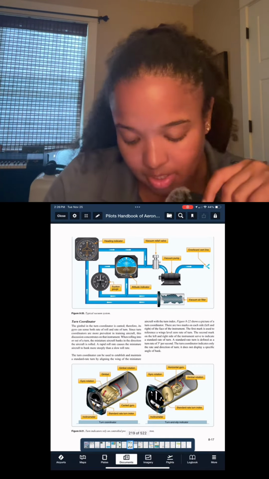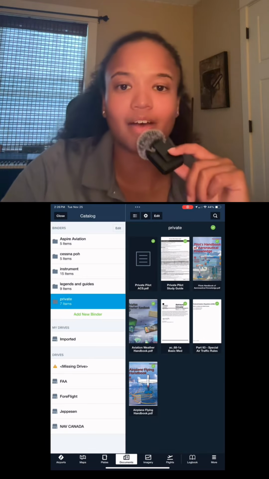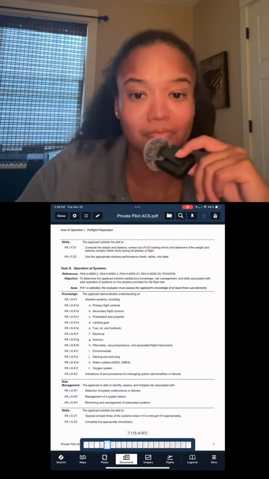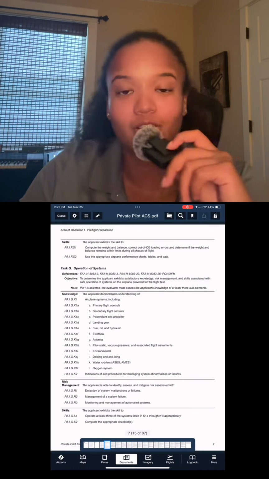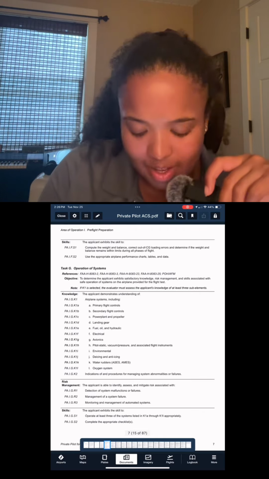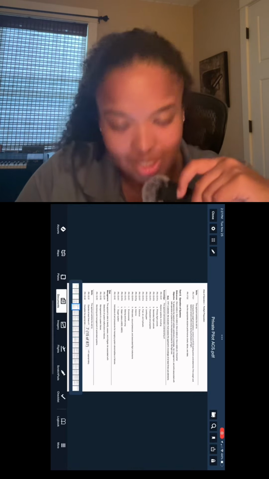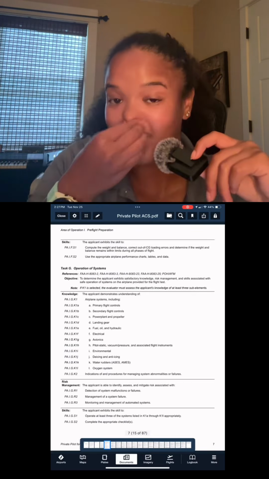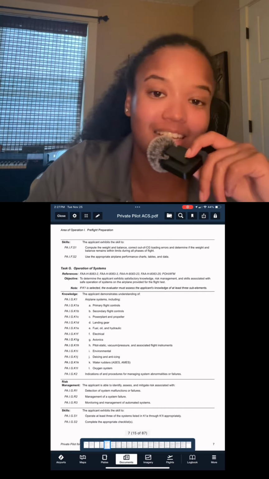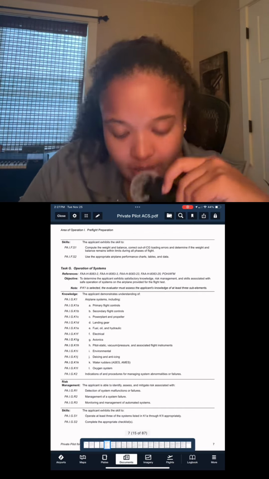All right. Outside of that, we also have icing. If your aircraft for some reason can go into icing conditions, most training aircraft are explicitly stated to not go into known icing conditions. So don't expect that to be an issue. They're really just going to be expecting you to say we can't fly in icing conditions, and if we get into icing, we are going to immediately get out of it. If you do have any